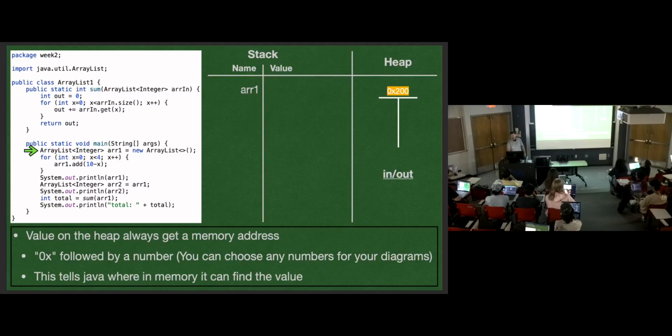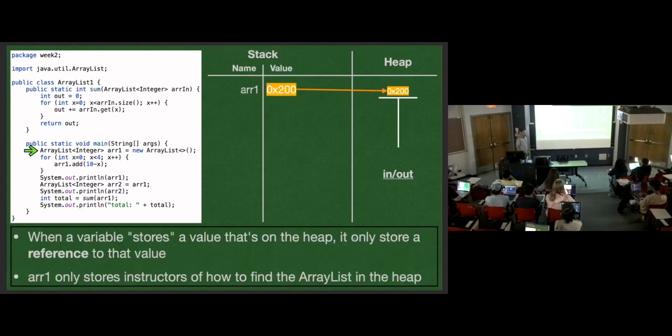If you just have 1, 2, 3 for your references for your objects, I don't care, as long as you have something that indicates the location in memory for that object. I'm always going to do 0x in the slides because I want to always remember that those are memory addresses. And then what's stored on the stack, when I have a variable of type,